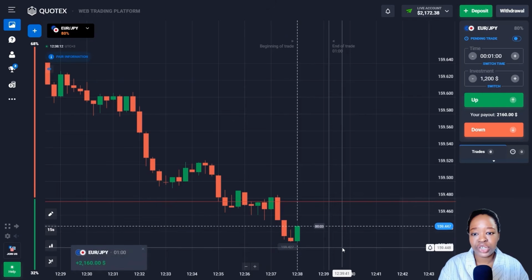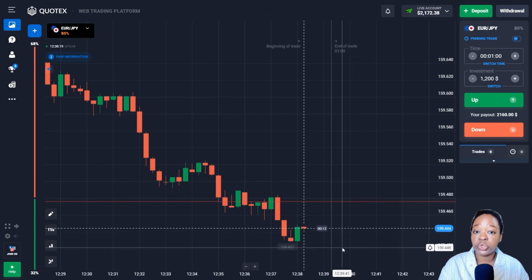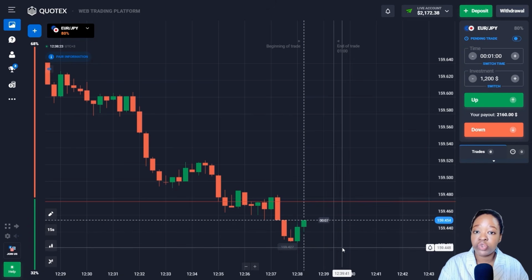This is excellent, friends. You can see the price breaks the marked level and shows a slight decrease. That's here I got a very good profit, and as you can see, 1 minute for a decrease here turned out to be quite enough. Let me continue and look for the next entry point.